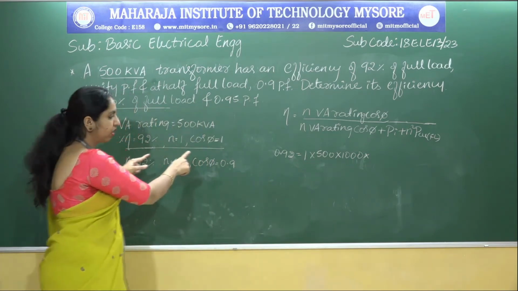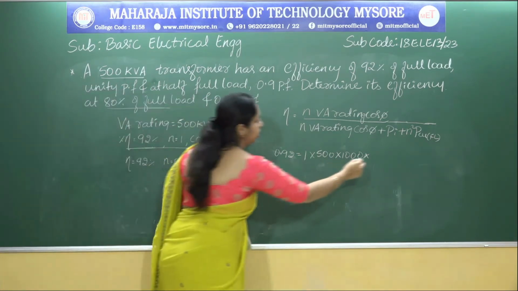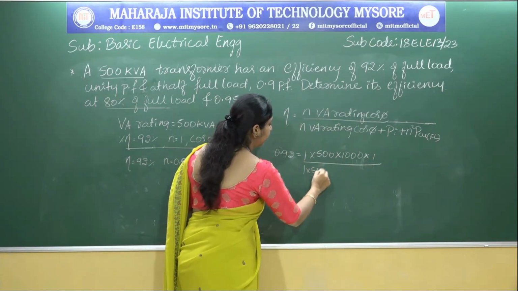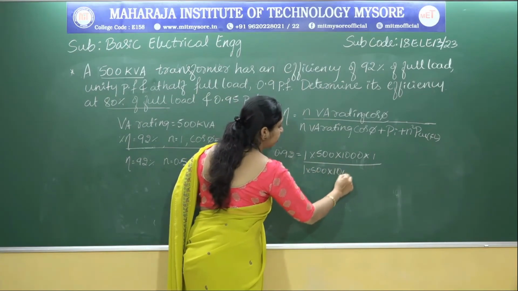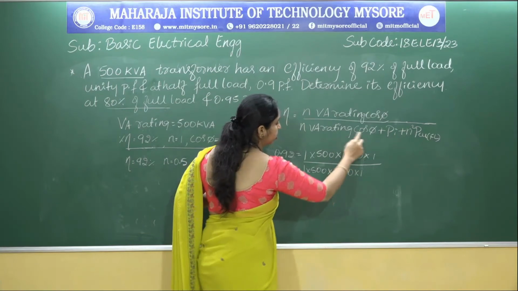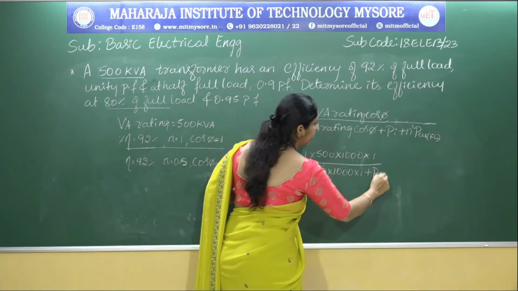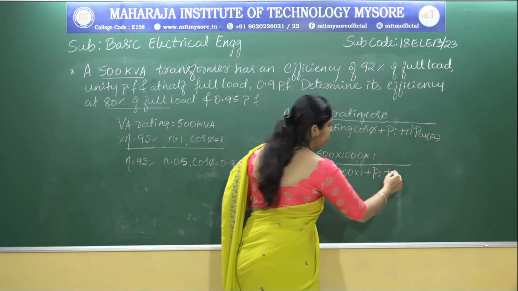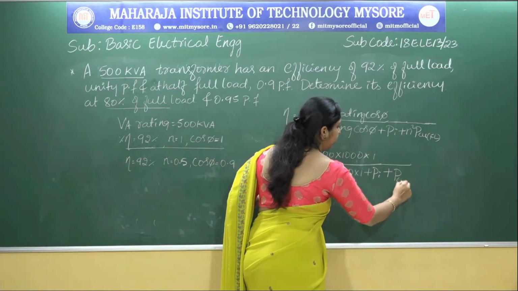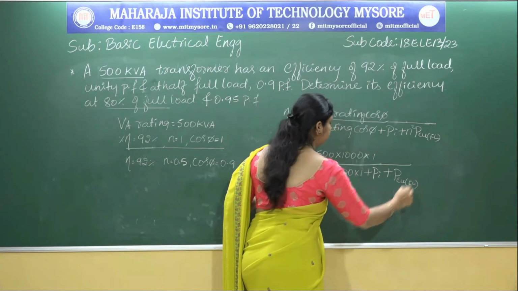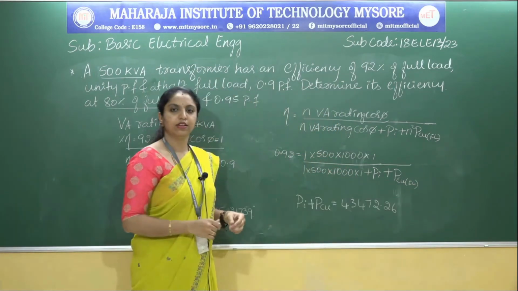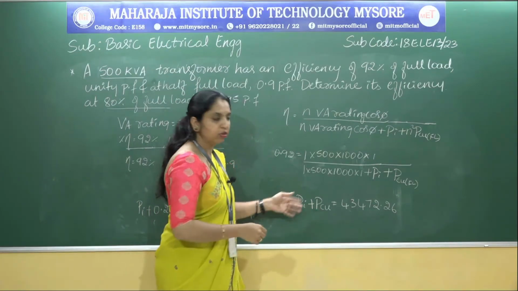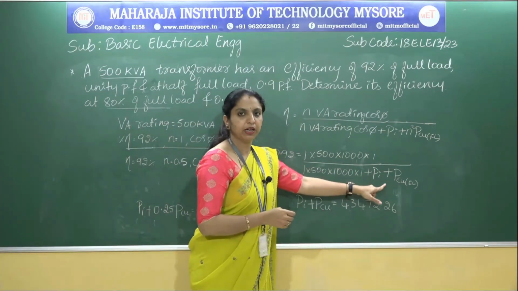So in the first case I am talking about, cos phi is equal to 1, so 1 divided by the same expression, 500 into 1000 into 1, plus Pi plus, so what is the n value? n is equal to 1. So here we get PCU full load. And after simplification, we get Pi plus PCU, because only these two are the unknown values, Pi and